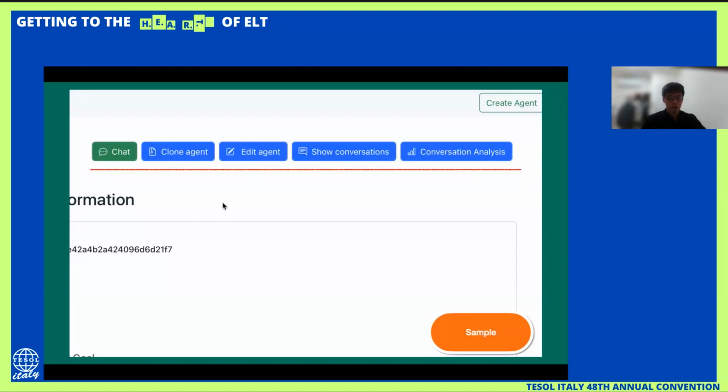Later, if we have more time, I can show you some examples of my students' responses. But here, as you can see, if you forget the link that you would like to share with your students, then you can just copy the clone agents. The link will be copied, and then you can share it with your students again. However, if you want to edit the agent one more time, then you just come to edit agents to see if there are any different results that you had never come up with, but you would like to fix to make your teaching much more efficient.